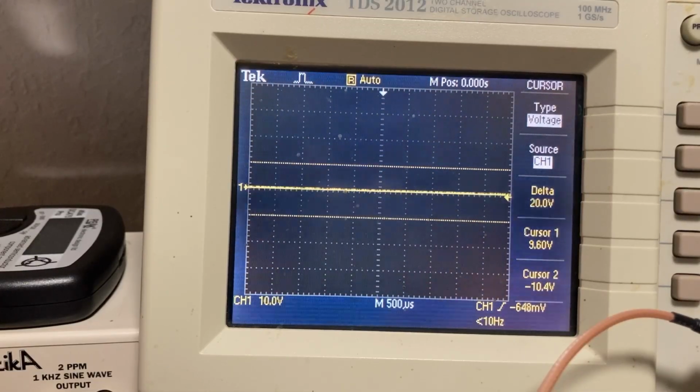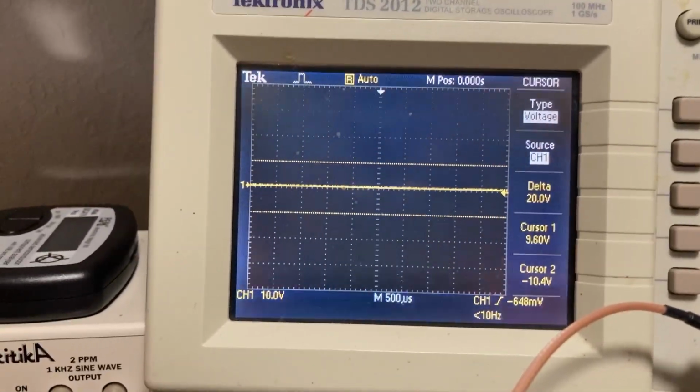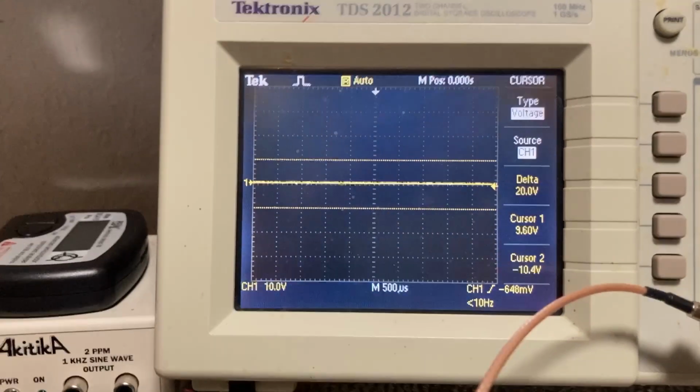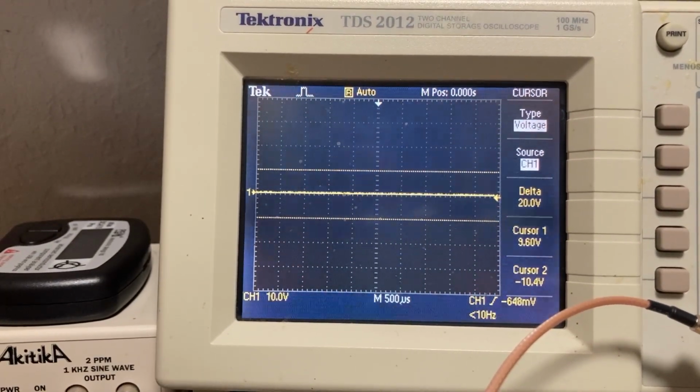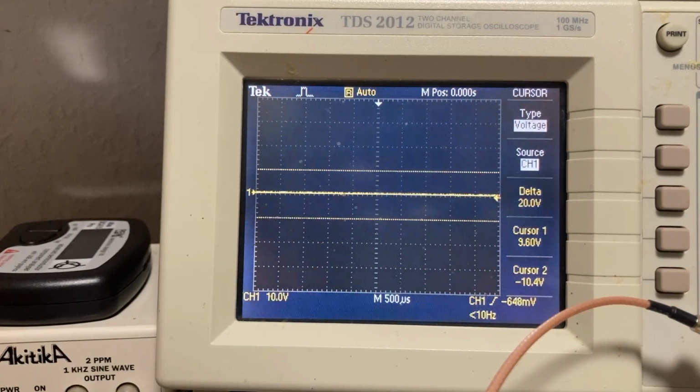Back on my tiny bench with the Sony CDP 2700. Just wanted to do a quick frequency response overview. Nothing too scientific, but what we'll do is we'll play various test tones from this test CD, and we'll use these cursors as our reference. We'll start with a 1K test tone, and I've got a speaker playing in the background. Some of these tones we'll be able to hear. My little garage speakers aren't sufficient to hear down too low or up too high, but we'll give it a shot. So here come the 1K